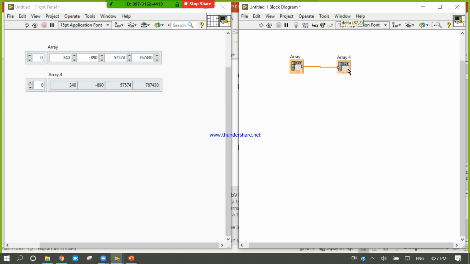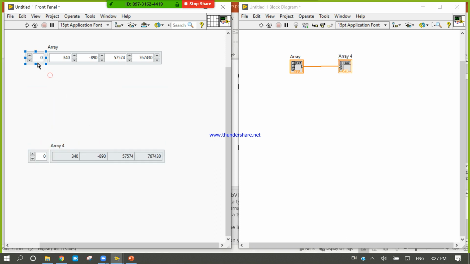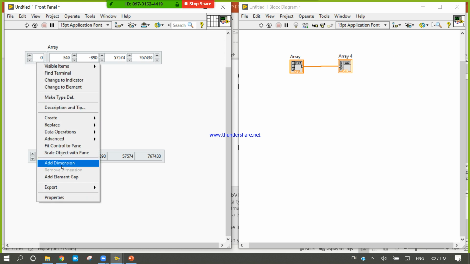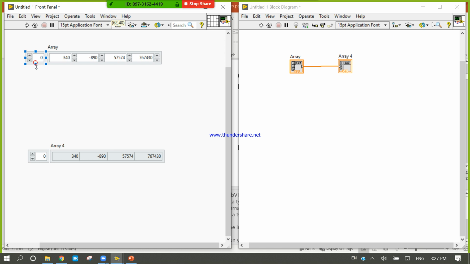Now how can we design a 2D array? If you want to design a 2D array, come here, right click and click on Add Element, or you can drag it. Now it is a 2D array. Look at what information it gives. You can see this wire is broken and the run button is also broken.